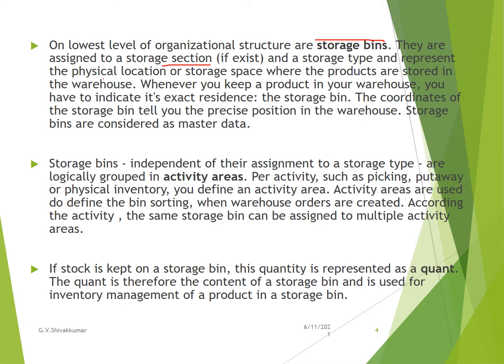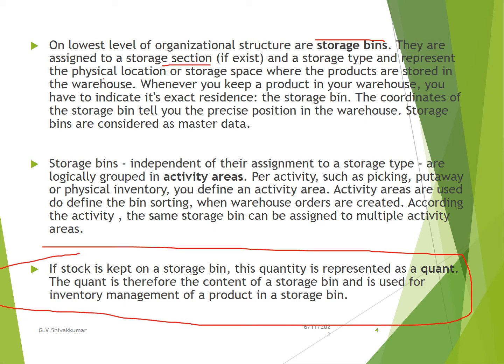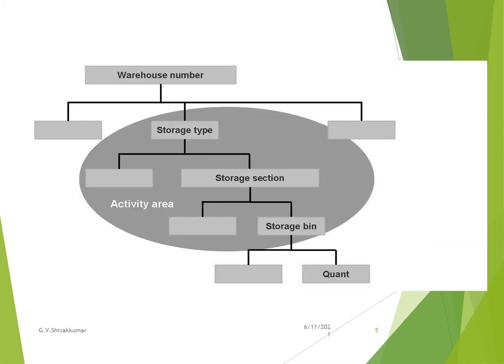Normally in WM, if you are creating a PO, followed by the goods receipt and then TO confirmation, and you check the quant, it will take the purchase order number as the quant number. Likewise in outbound, it will take the sales order as the quant number. So it represents the particular origination of the stock, for inbound and outbound. So within the warehouse we have storage type, storage section, the storage bin, and further the quant.